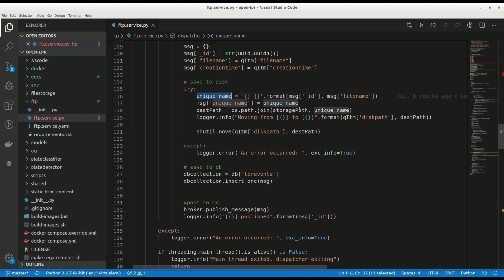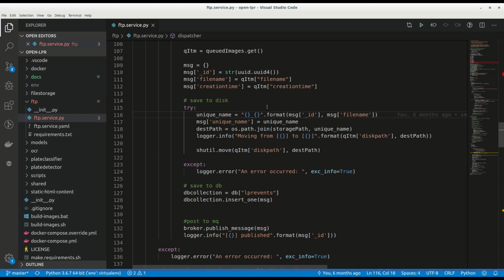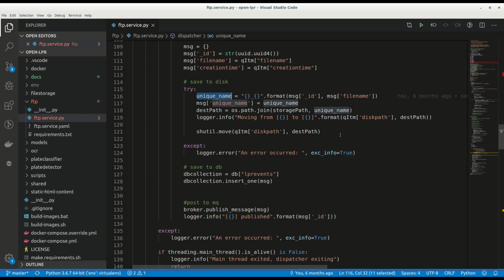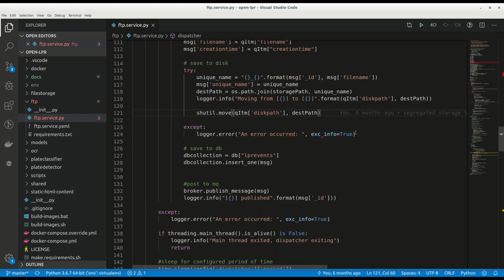So we create a unique file name based on the unique ID we generated for this image, and then we move the file, whatever it was called, to that unique name. The reason for doing so is to avoid file naming conflicts. We don't want to do the overhead of trying to manage if two files with the same name are uploaded. So even if you'll be uploading files to FTP with the same name over and over again each time, an internal unique ID will be generated for each of the files, and it will be placed to a storage